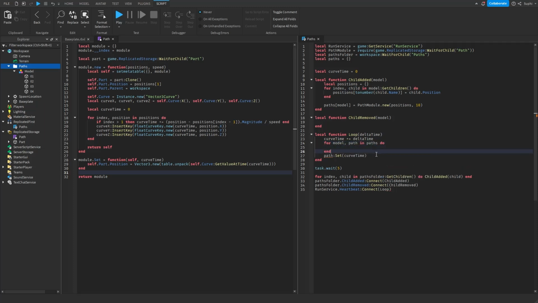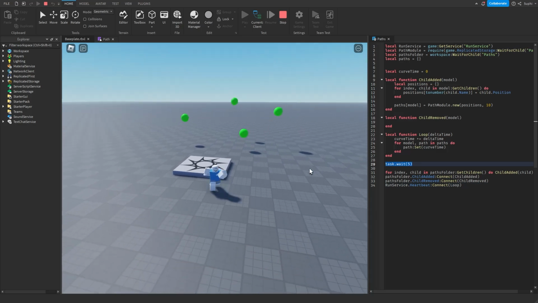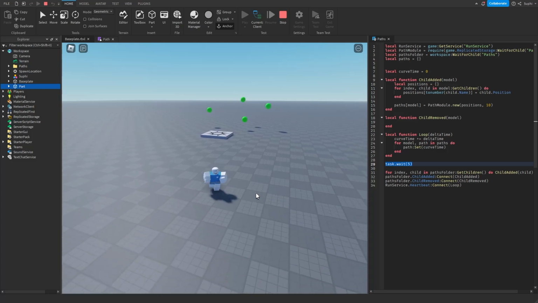And now we can access the path from within the table. And if we now test the game, we can see that after 5 seconds, the path is created and the part moves through the green parts that we created. And one thing we need to take note of is here we can see the part, and if we move away